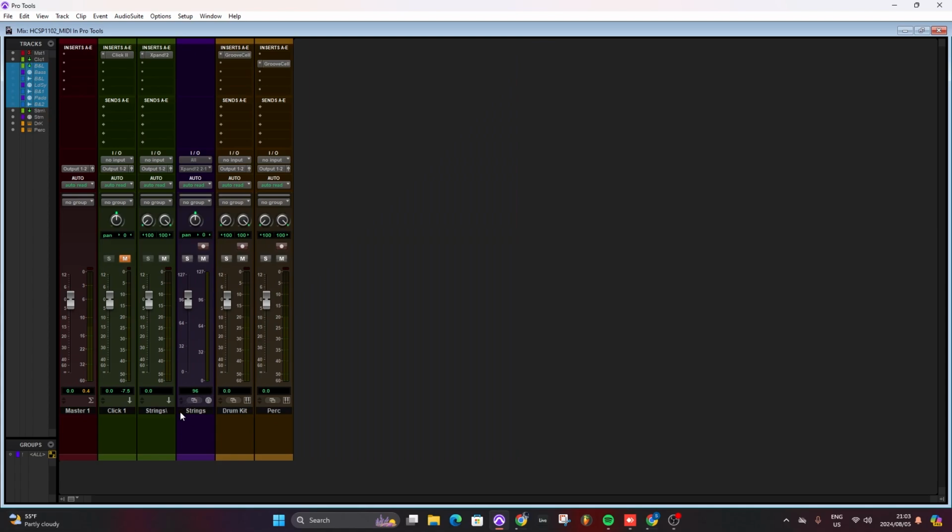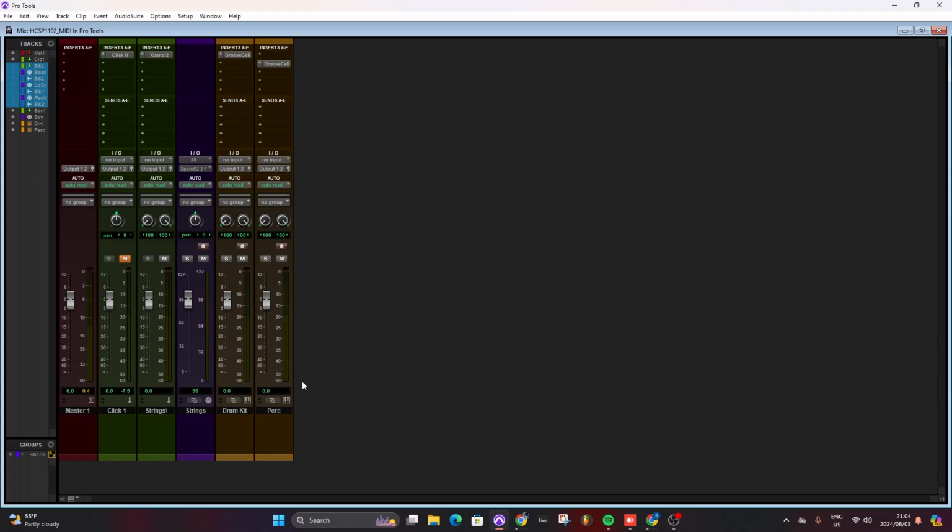So the only things I'll be hearing and seeing in my session are the tracks that are not hidden and are active. Cool. So let me now show you how to turn MIDI into audio by recording the signal into an audio track. It's a long process, but I'm going to show you now. So this is what basically takes place when you are using